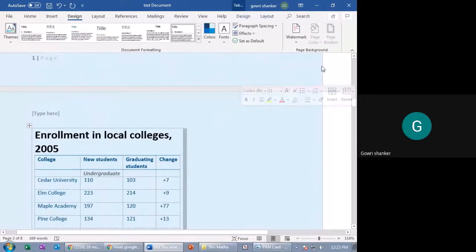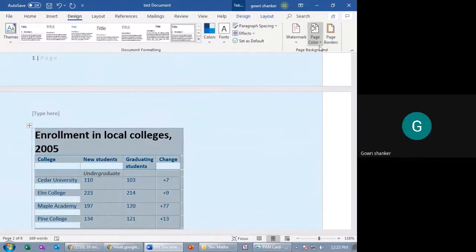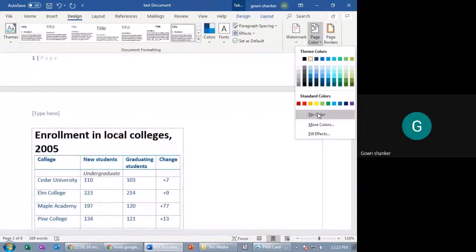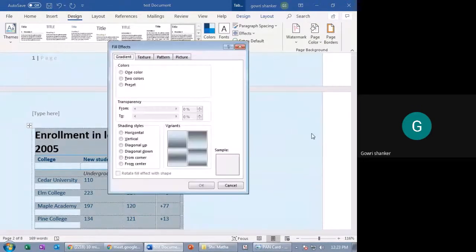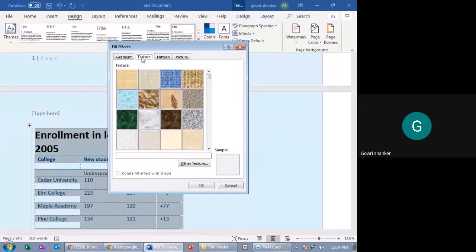It is affected, and it is affected on every page, and one color or dark it is there. Texture, I can put those textures.